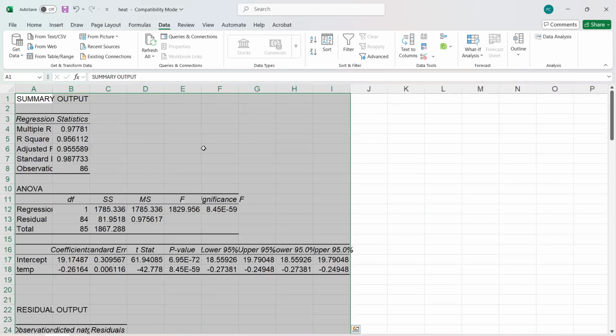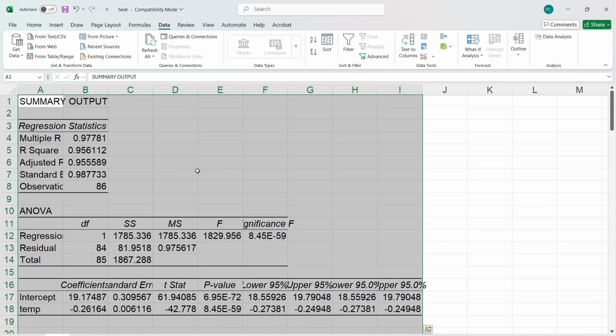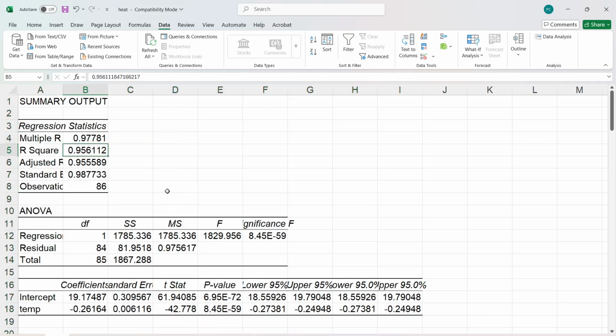Get that out of the way. Zoom in a bit. There it is. Goodness gracious. We just saw the line fit plot. R squared is almost 96%. So it makes sense with as much variation as we saw in that plot that R squared could be high